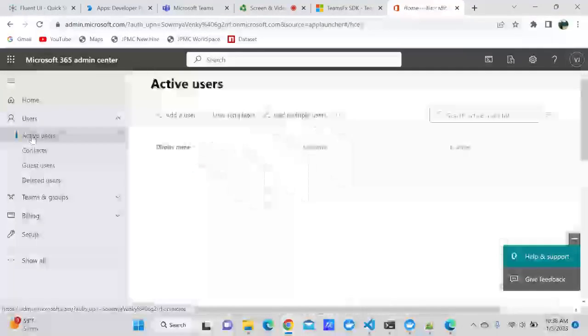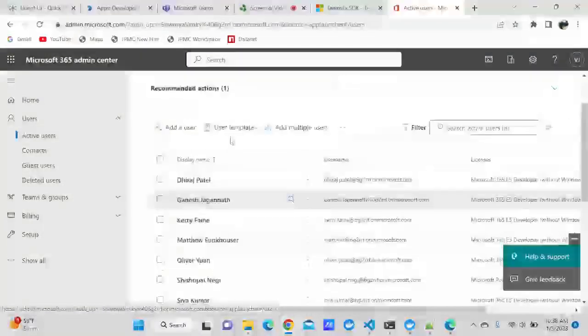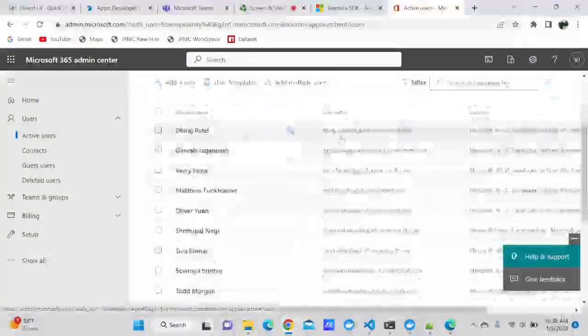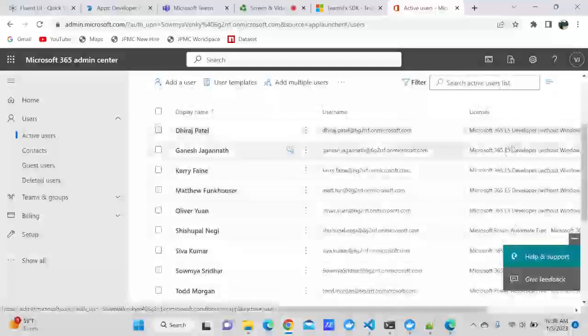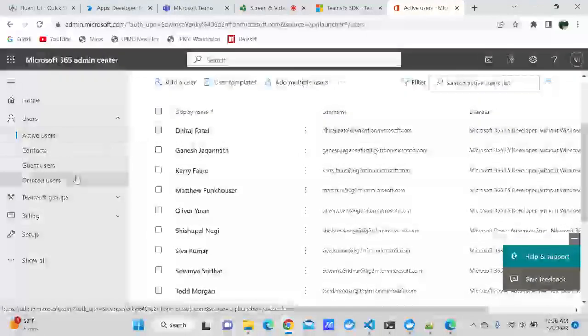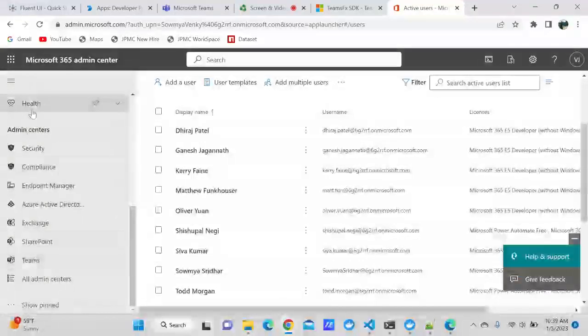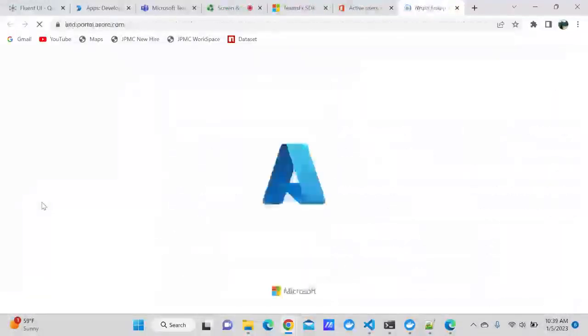Now, if you go to the users, you can see that all our two hackathon members are set up, and most of you have got the M365 developer subscription license, so you should all be able to do exactly what I'm doing. So this should give you at least a little bit of a head start. The thing you really want to see here is what TeamsFX is doing behind the scenes. If you open up show all, there's actually an Azure tab tied to this M365 account. So if you click on that, it actually opens up the Azure portal,